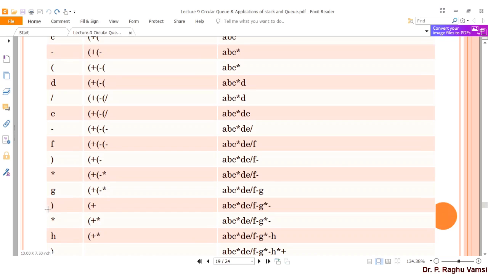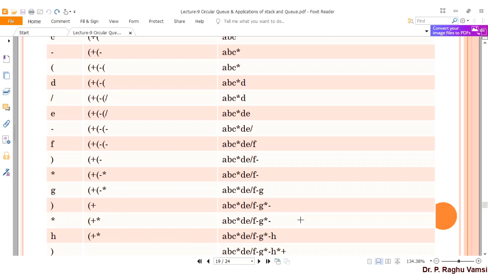Then bracket close appeared. Once the bracket close appeared, whatever operators are there in this enclosure, bracket open and close, will be taken out in the reverse order. That means push one, pop means first star will come. Next pop, minus operator will come. So first pop is added to the postfix expression, that is star.